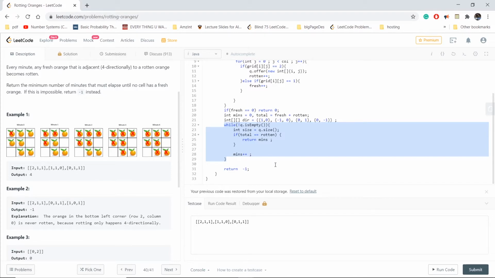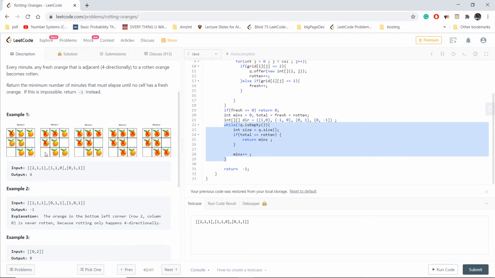And this is where we iterate through the queue. First, initially the queue contains the initial rotten oranges, then we'll get its size. We'll check the condition. Initially the total will be the count of fresh plus rotten oranges. Here initially the total will be 7, fresh will be 6, and rotten will be 1.